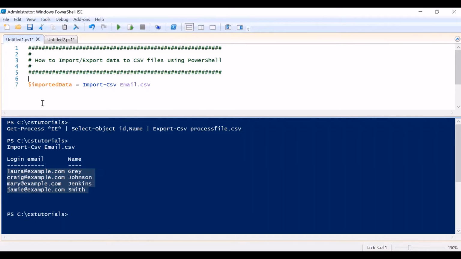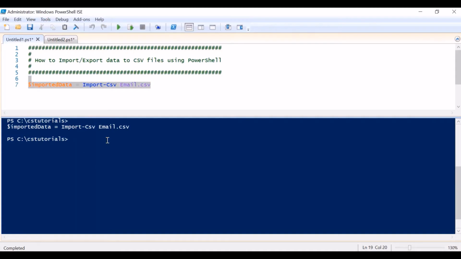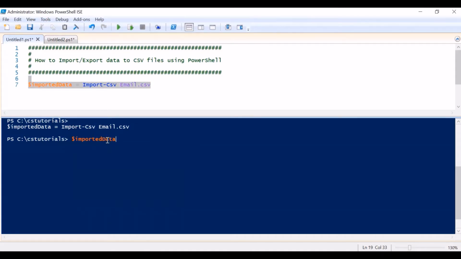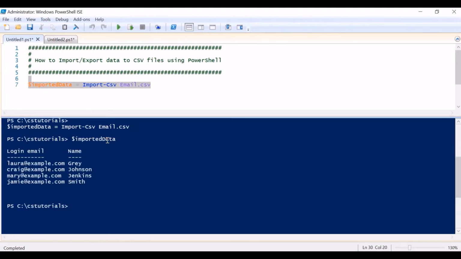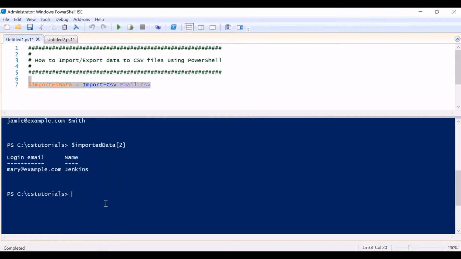Now if I execute this, our imported data variable will contain the data from the CSV file like this. You can also access any particular data by passing its index like this.